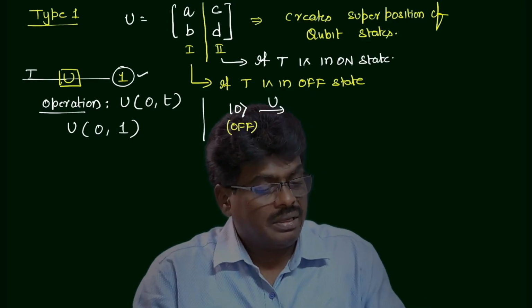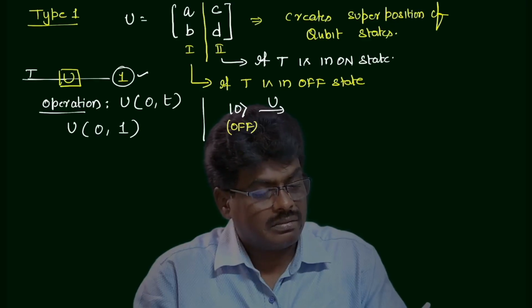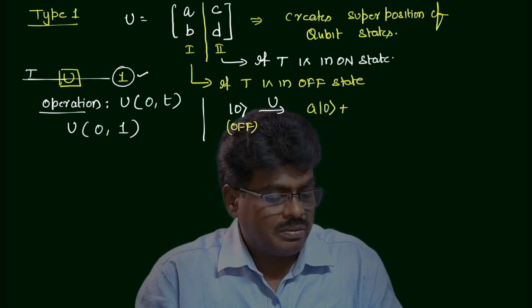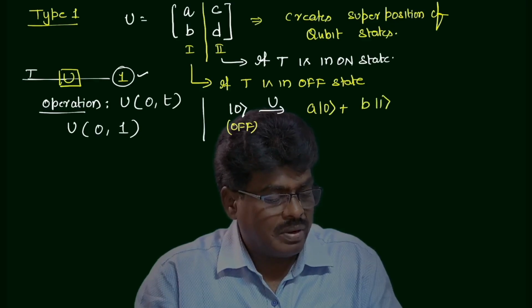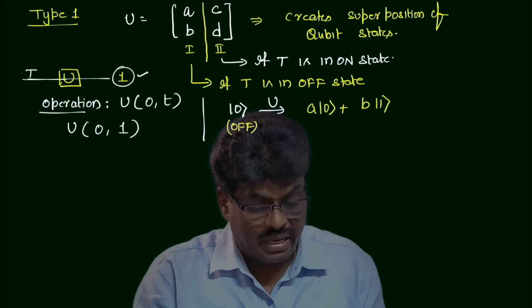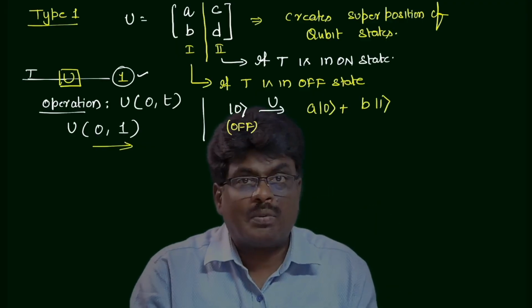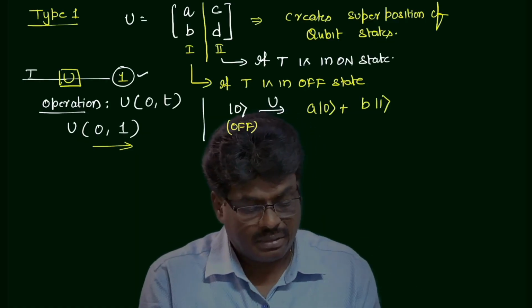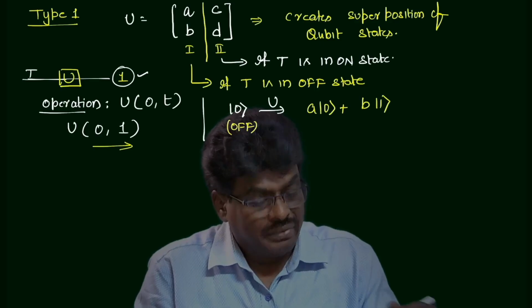That means here I can take it as the first one, A|0⟩ plus B|1⟩. Remember, you have to take this order. That means 0, 1. First you have to take 0, next you have to take 1. Don't change the order. Okay, and next if it is a 1